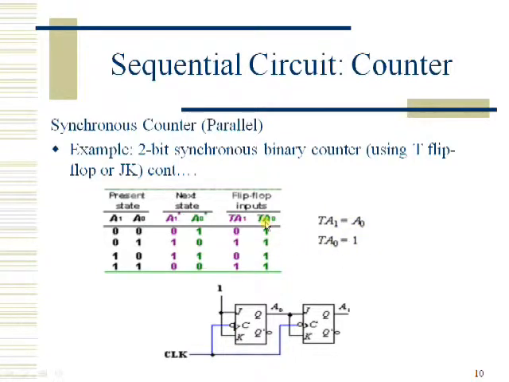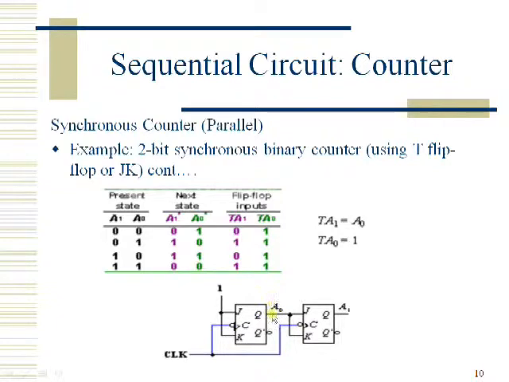As you know, we are going to implement here a 2 variable map, and all the minterms are filled up in the 2 variable map, therefore the expression that would become is TA0 equals 1. Okay, now these are the inputs to the T flip-flop or else JK flip-flop. Here, as we are going with a 2-bit synchronous counter, definitely we require 2 JK flip-flops. One of the JK flip-flops, the LSB JK flip-flop, is tied to logic 1, and the input for the next JK flip-flop would be coming from the first flip-flop.